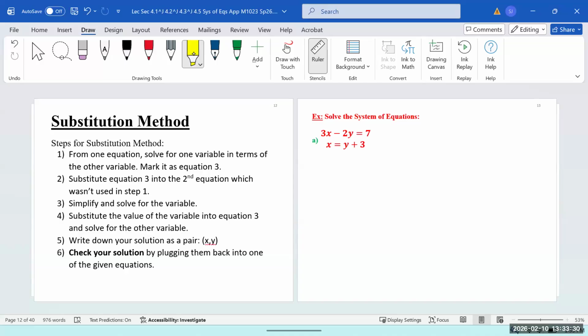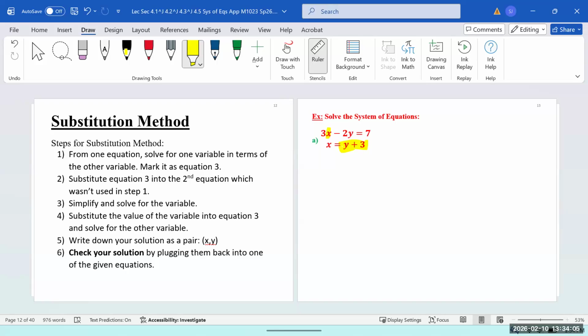So anytime you see x in your first equation, replace only that x with this entire y plus 3. Why do we care? Well, if you do that, then on the first equation, you're not going to see two variables. You're going to see only one variable. So why does it matter? Because if you have only one variable in your equation, it's easy to solve. All you have to do is combine like terms, get the variable alone on one side. That's it. So let's start.